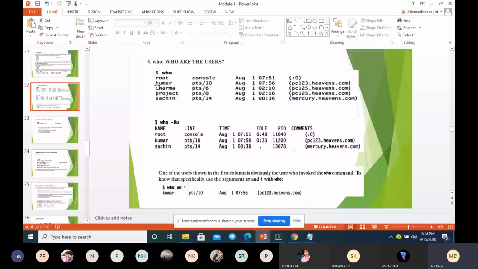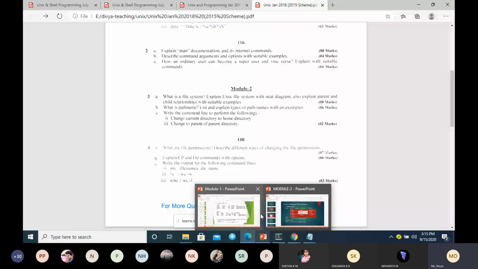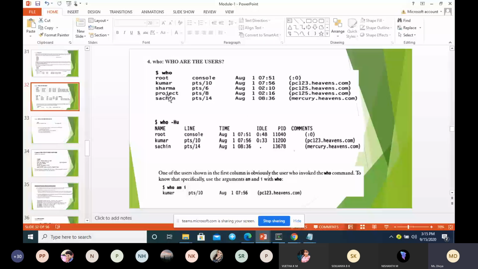After writing 5 lines, whatever you get, that is given as an input to the next command, that is wc minus l. So what will wc minus l do? It will count the number of lines. In your textbook the line number is starting from 1, but in this terminal it is starting from 0. They have given it from 1, 1, 2, 3, 4, 5. It will give the output as 5.